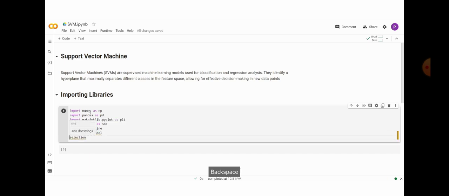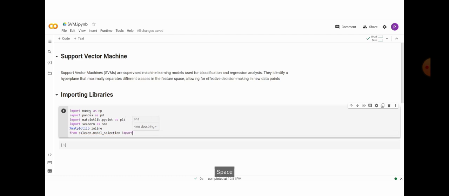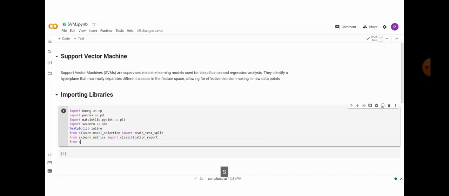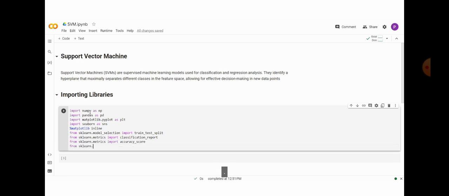and then importing here train test split from sklearn.model_selection and then import here metrics from sklearn.metrics import classification report and then import here accuracy score from sklearn.metrics and then again import here confusion matrix from sklearn.metrics. By running this code,